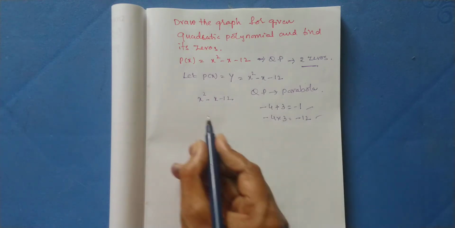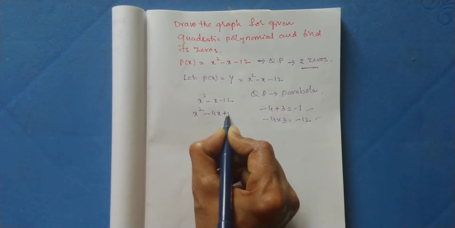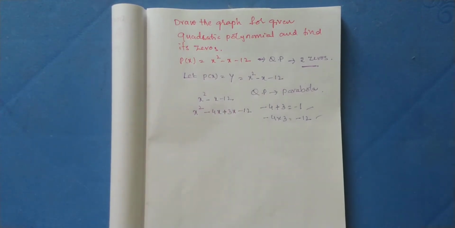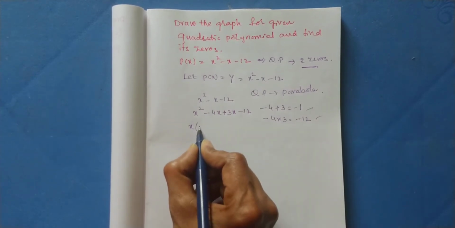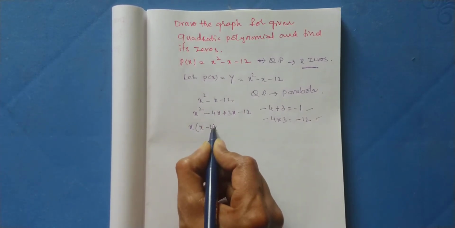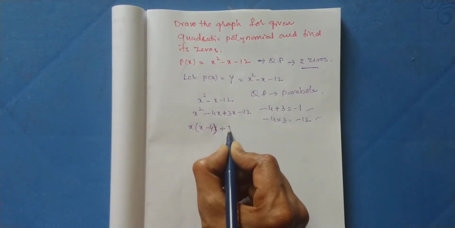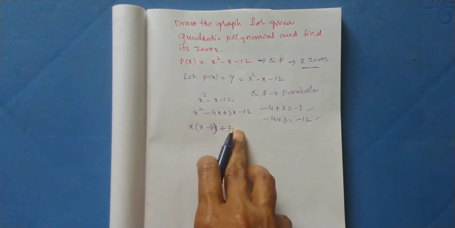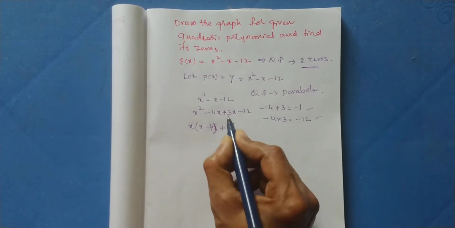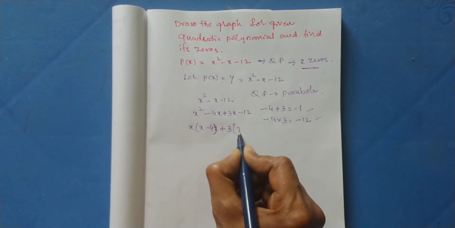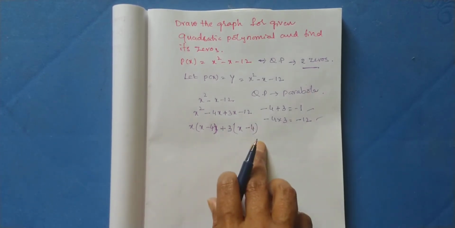Let us simplify. x square minus 4x plus 3x minus 12. Let us factor these two terms. x will be common, so x minus 4 comes, plus 3. If we take 3 common, because 3 divides 12, 3 divides 3x one time, that is x, and 3 divides the 12, 4 times, and we get the common factors.